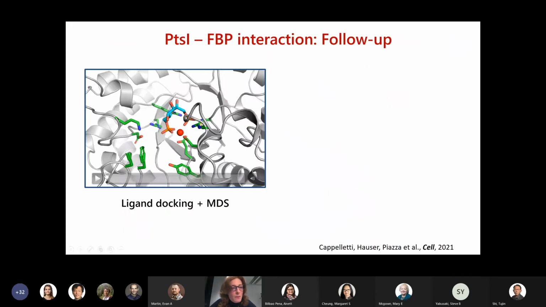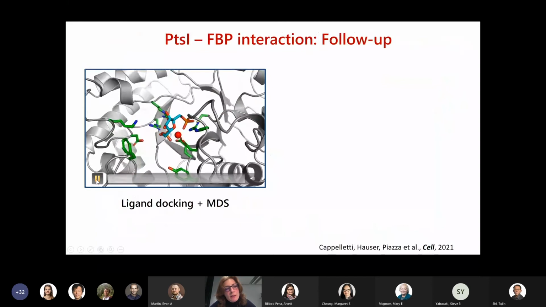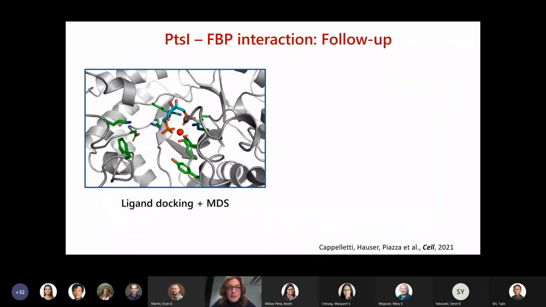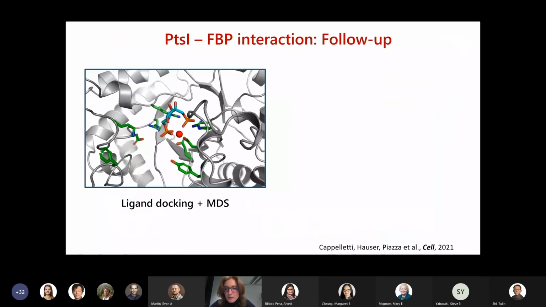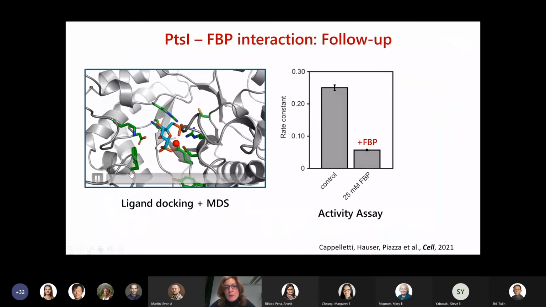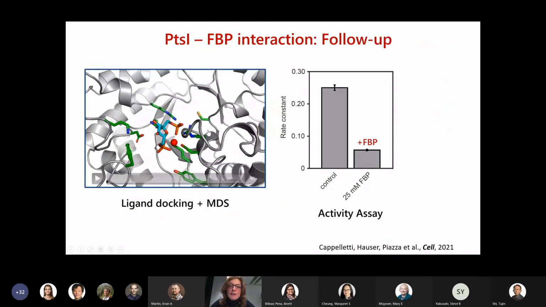So we performed molecular dynamics simulations from which we learned that indeed Fbp fits well into the active site of PTSI and it's pretty stable in there. So it could act as a competitive inhibitor. And then we performed activity assays in vitro, adding Fbp to purified PTSI, and that's what we detected. So addition of Fbp resulted in a decrease in the activity of the enzyme,